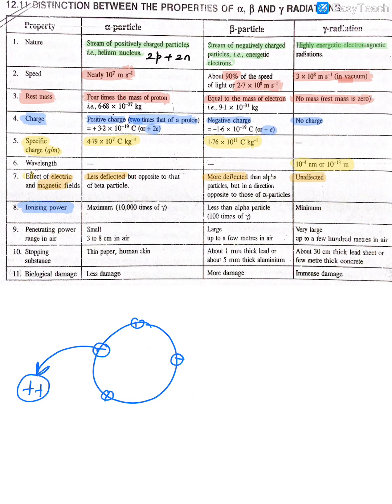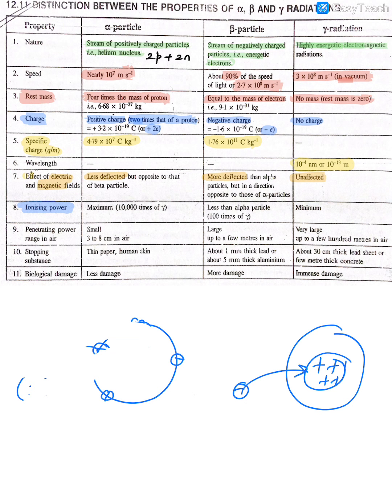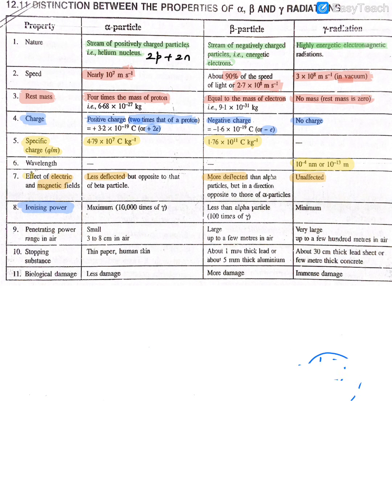And what does a beta particle do? If there is another nucleus out here, it will just attach itself to the other atoms, correct? And it will change that atom's charge. Got it? So this is what alpha and beta particles can do. They basically create ionization. So this is called the ionizing power. And obviously, as we notice, who's got more ionization potential or who's got more ionizing power?